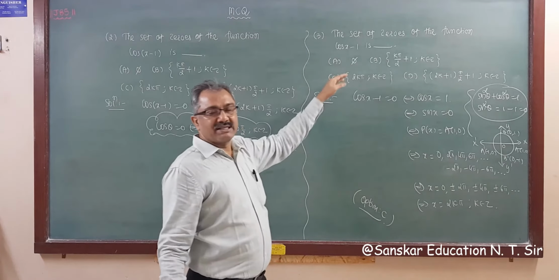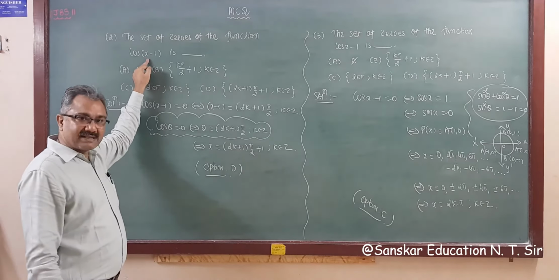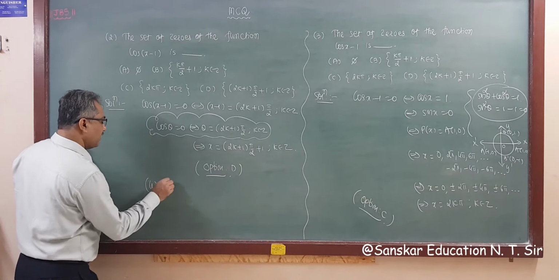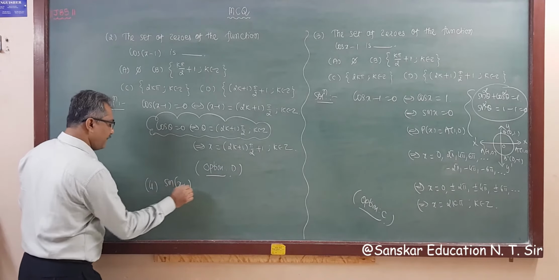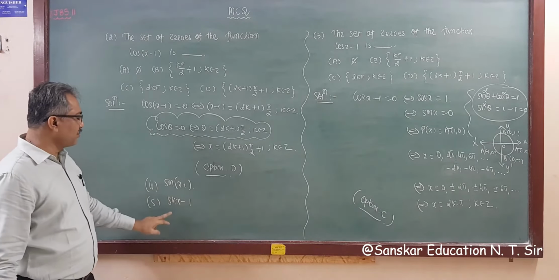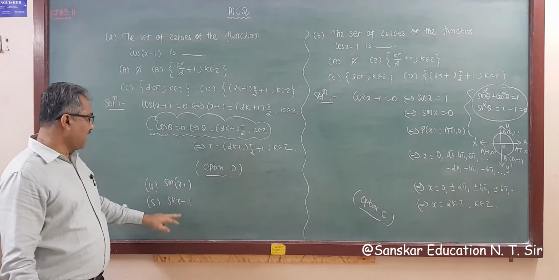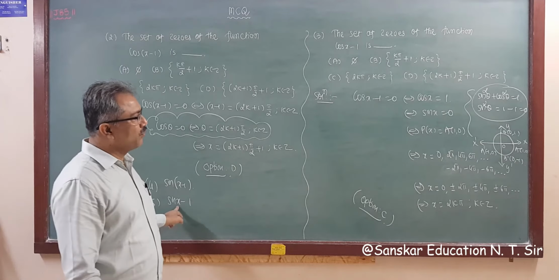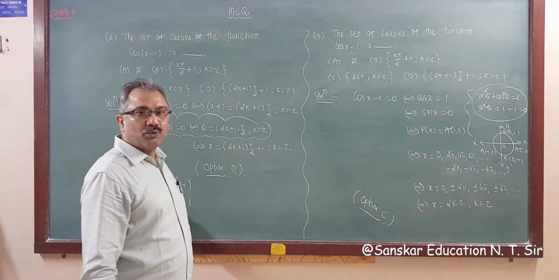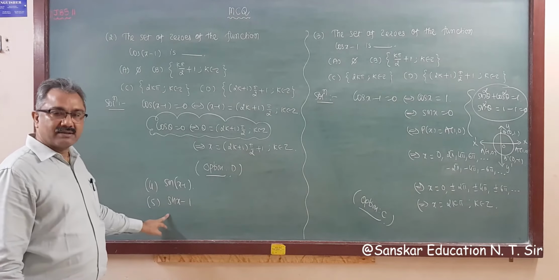Difference between these two. Similarly, you can find the set of zeros for sin x minus 1 and sin(x minus 1). So there are two homework examples for you: number 4, sin x minus 1, and number 5, sin(x minus 1). You have to find the set of zeros for these. The answer of this is k pi plus 1, and for this you have to find sin x equal to 1. Sin x equal to 1 means cos x is 0. So the answer is a multiple of (2k plus 1) pi by 2, right? So find out these two answers.